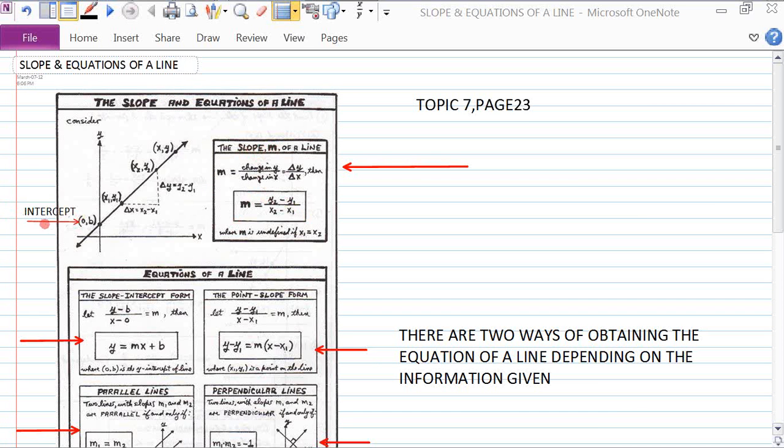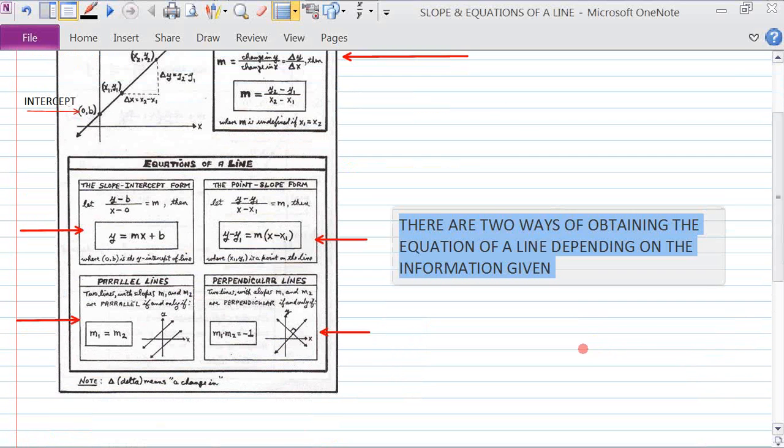Another characteristic of a straight line is the y-intercept, which is right here. Then we're going to look at 2 ways to obtain the equation of a straight line. So we can use either the slope-intercept form. In other words, if we're given the slope and we're given the intercept, we can calculate the equation of the